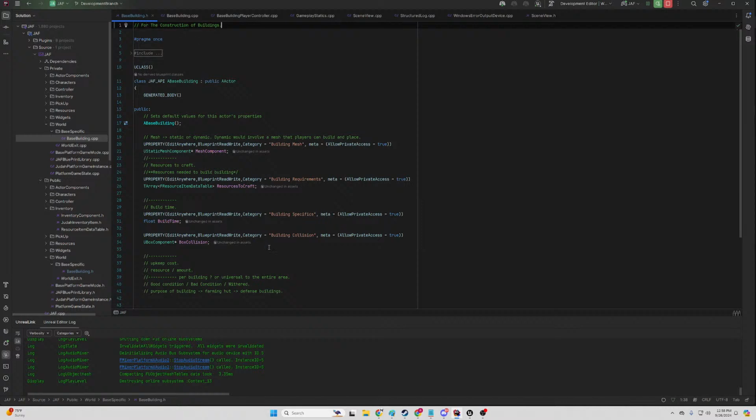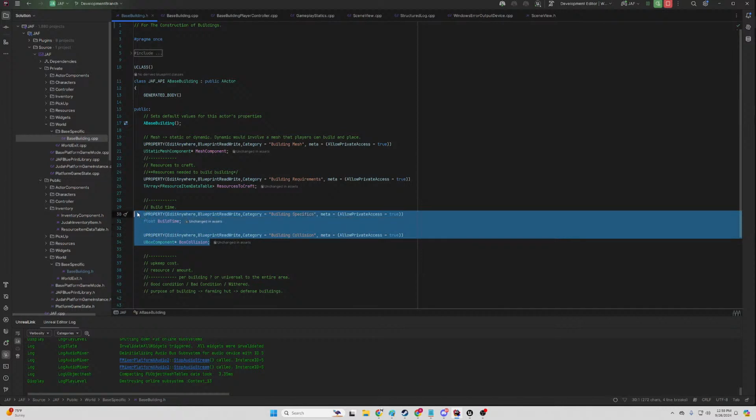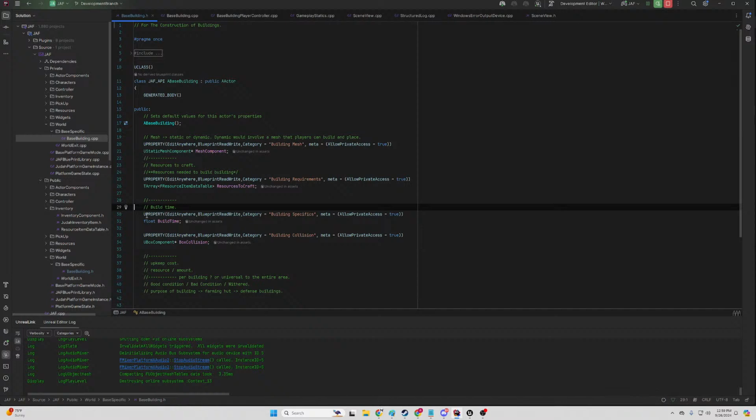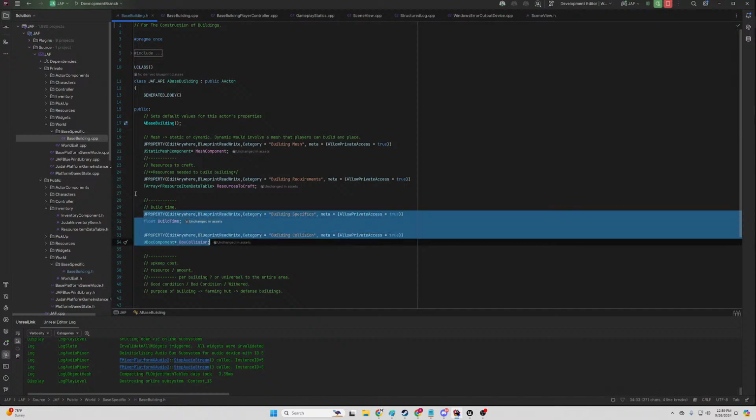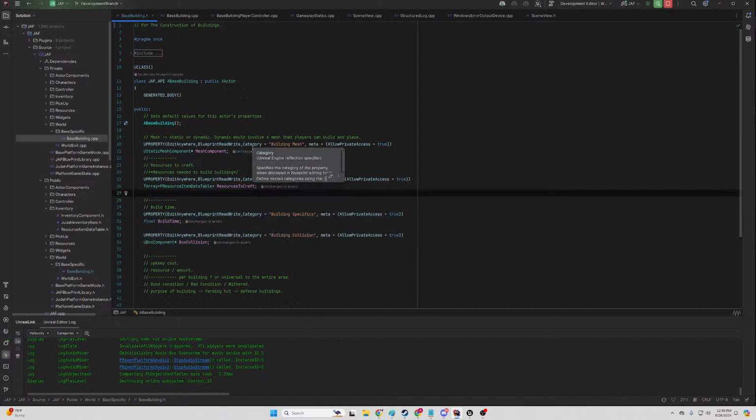We might move this to another class at some point and make a component on here that holds this type of information. But for now,